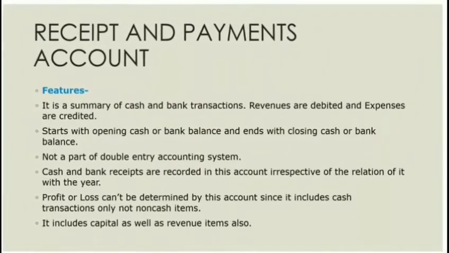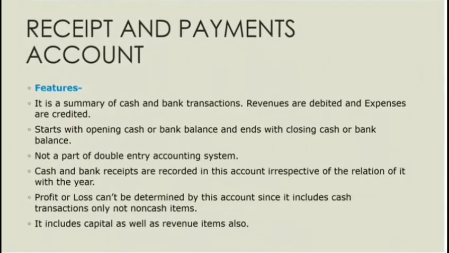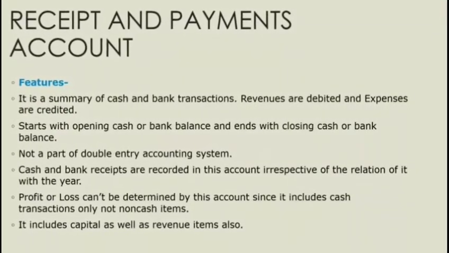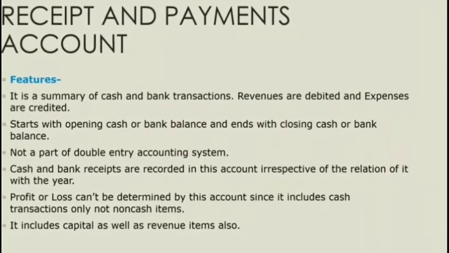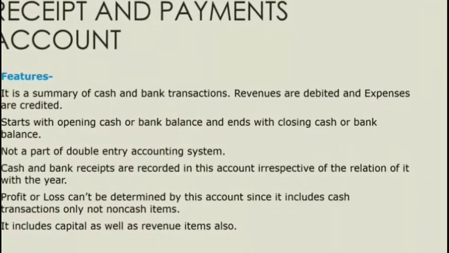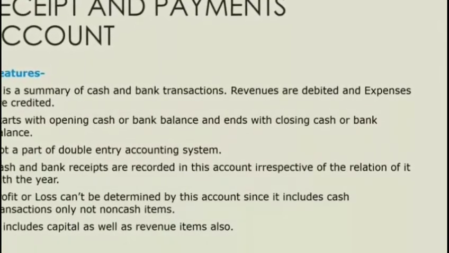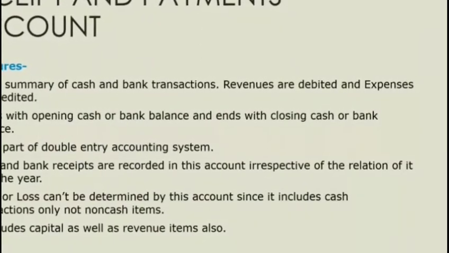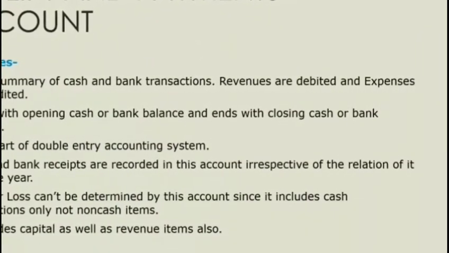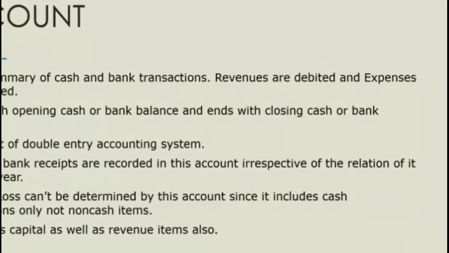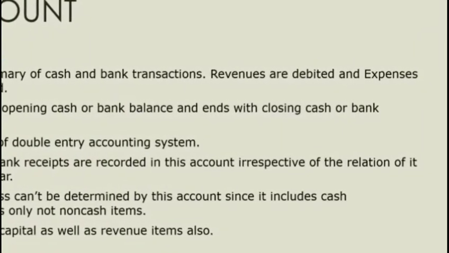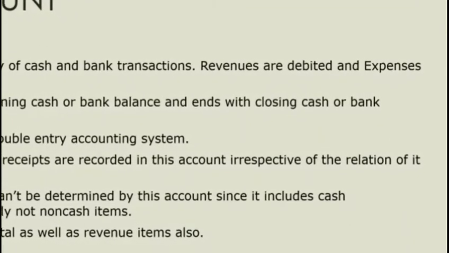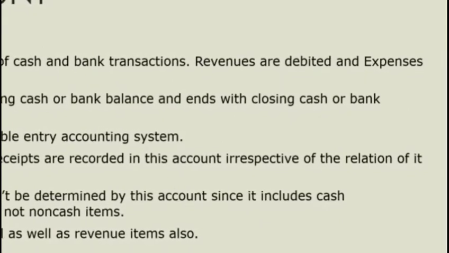Next, discussing the features of the receipt and payment account, we can say that it has the same features as a cash book. That means whatever is coming into the organization as cash is recorded on the debit side, and whatever is moving out of the organization as cash is recorded on the credit side. This account is not a part of the double entry system of bookkeeping, and it records whatever expenditure, revenue or capital, it does not matter. Similar to a cash book, we can calculate and find the closing balance of the non-profit organization from the receipt and payment account.